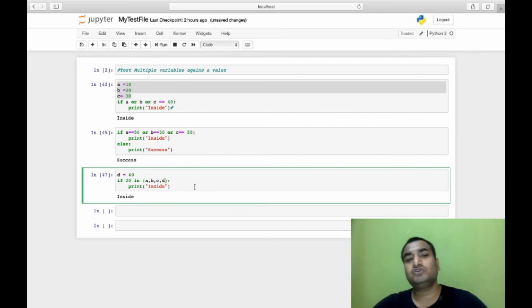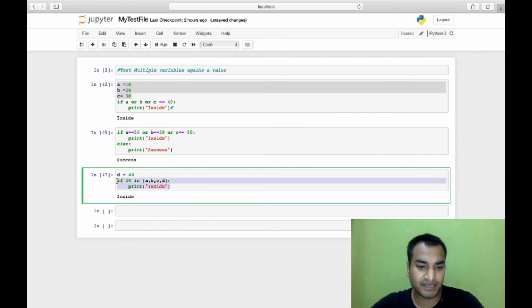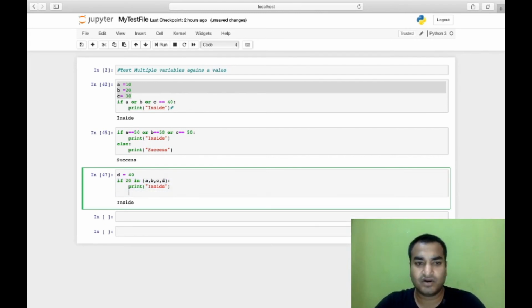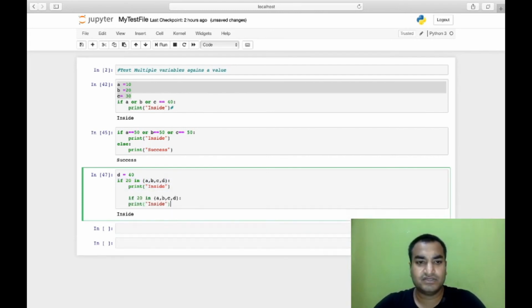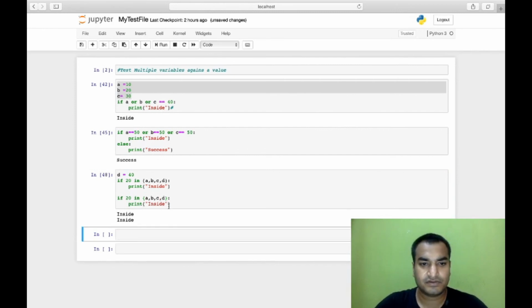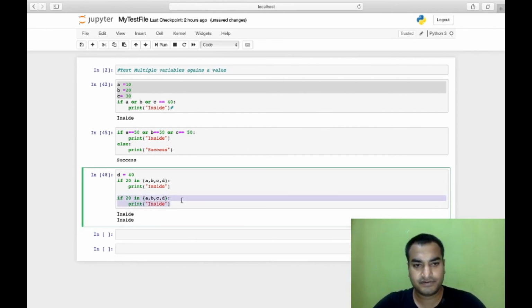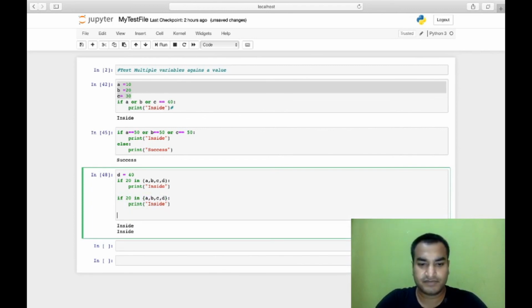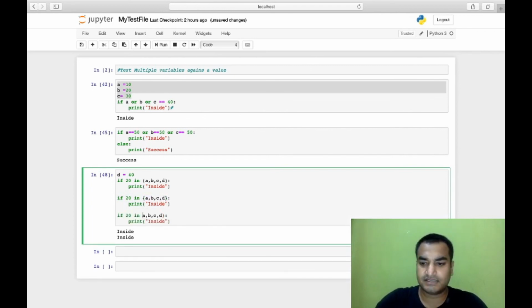Here we can also do this by making the variables a list or by making the variables a set. And third, we can also do this by making it a list.